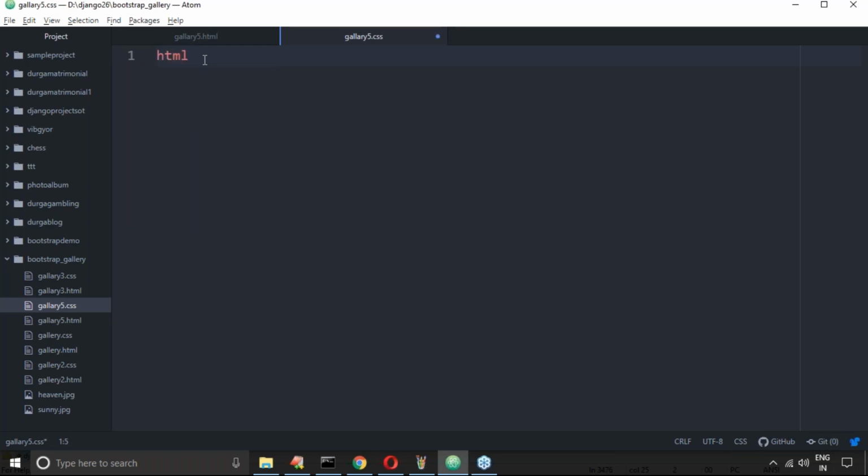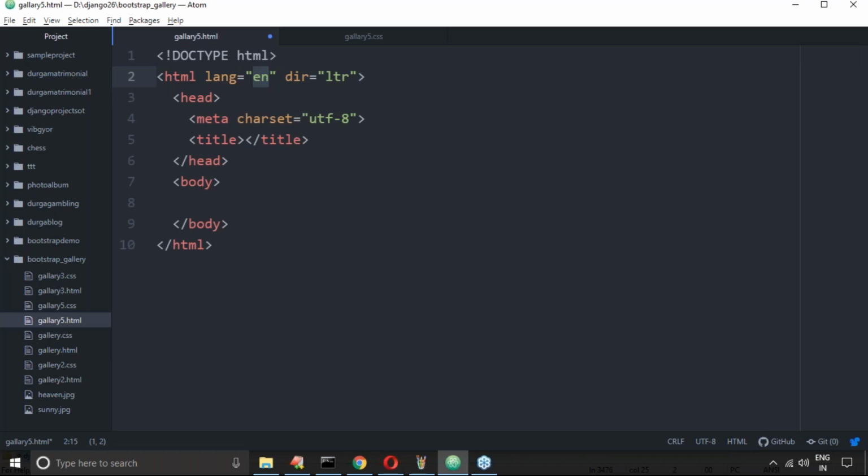In the CSS it is okay. Well, the HTML is ready.